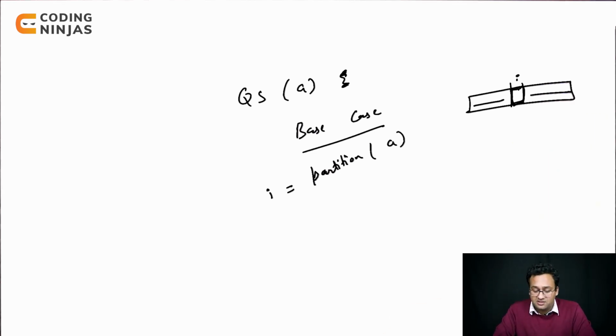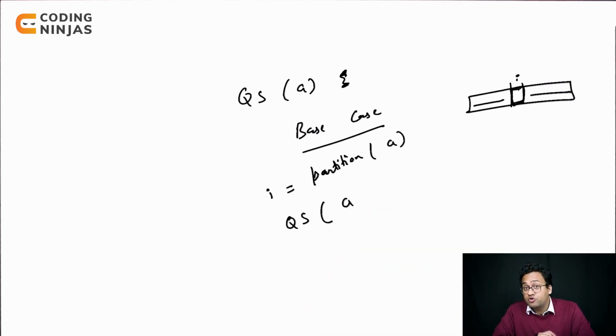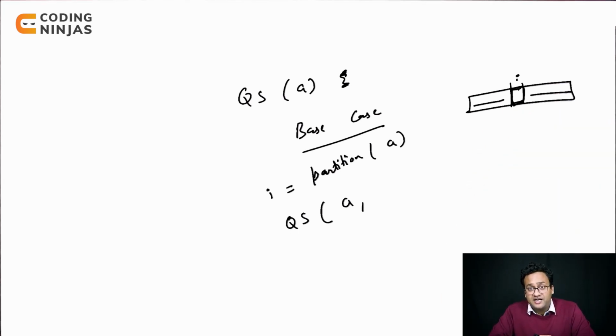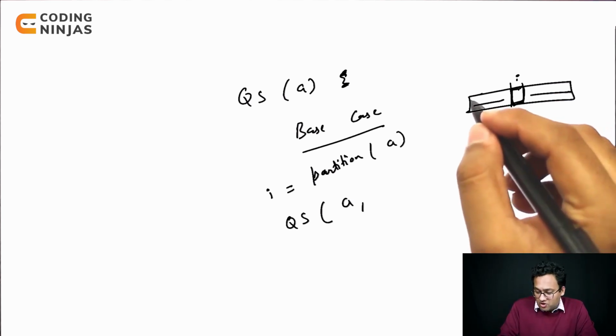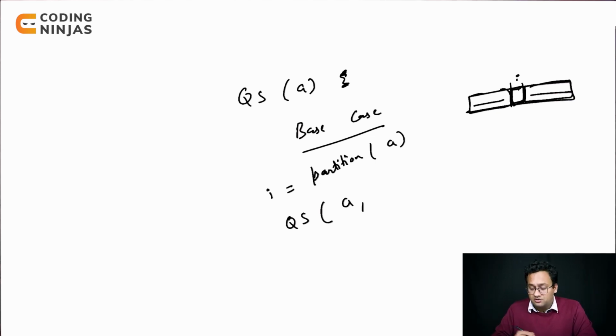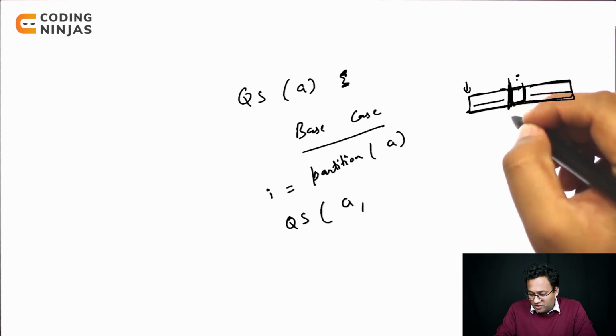Once you reach this place, we just need to call quicksort again. On our own list, we don't want to make a copy, so we will pass the starting index and end index into it, so that we don't have to make a copy. Otherwise, we'll have to make a copy of this part and this part. I don't want to make a copy, so for this part I'm going to say from the start go till here.